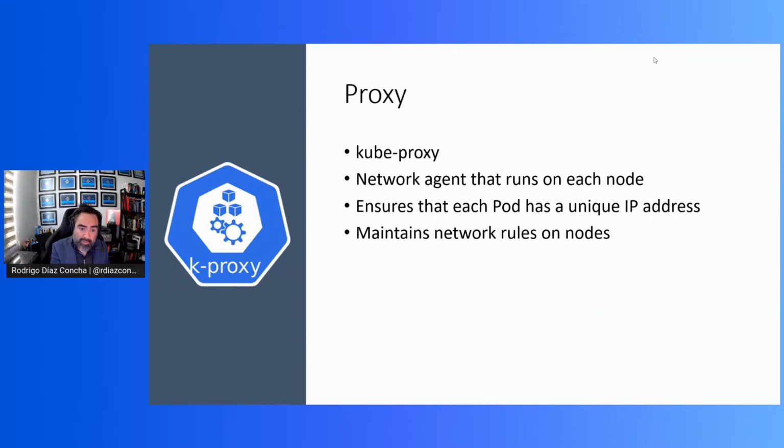The responsible for doing that is the Kube Proxy component, and some other networking related things that I'm gonna talk about in the following sessions. Just remember that the Kube Proxy is responsible for assigning unique IP addresses to the pods that are running inside the nodes in a